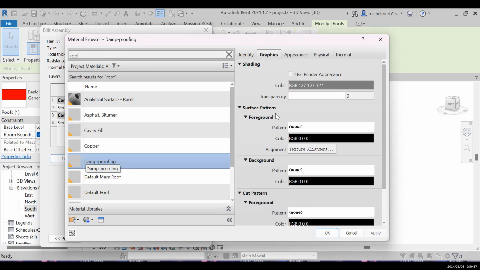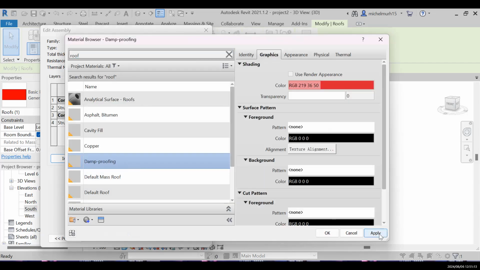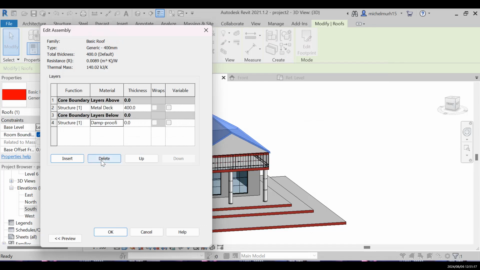For the appearance, for the shading color, I'll use red, but a little bit modified. I don't like it to be bright, so I'm gonna put it in here and click here and apply, and then okay. All right, and I'm gonna add another material. So I'm gonna press escape, insert here, and